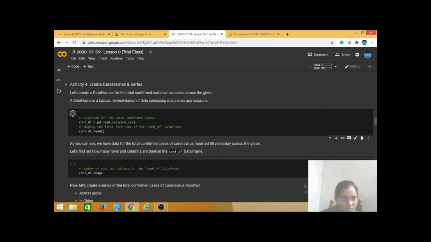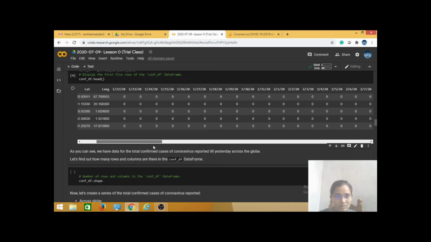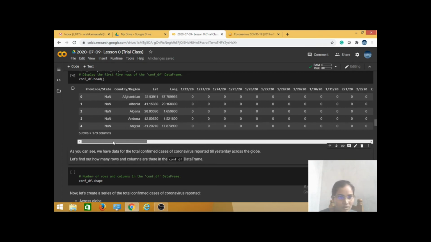If you execute this, you can see 5 rows are displayed, because I am giving the dot head. The total table is not displayed. The starting data that is available will be displayed here. The 5 rows are displayed here, and I have 179 columns. Using this head, I am able to display 5 rows.